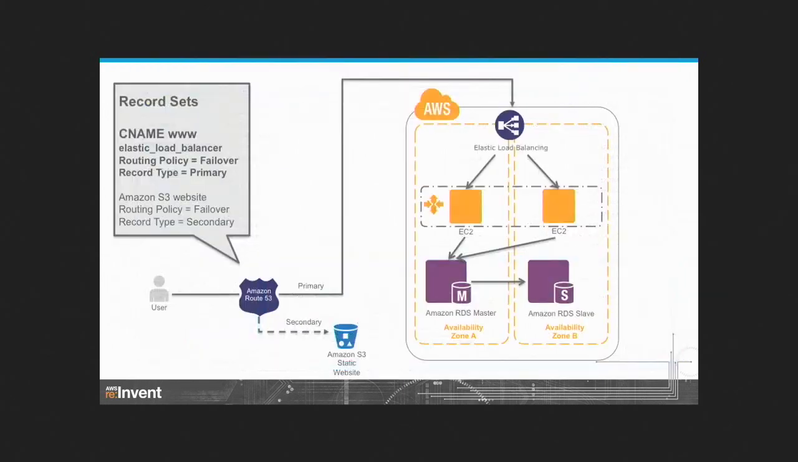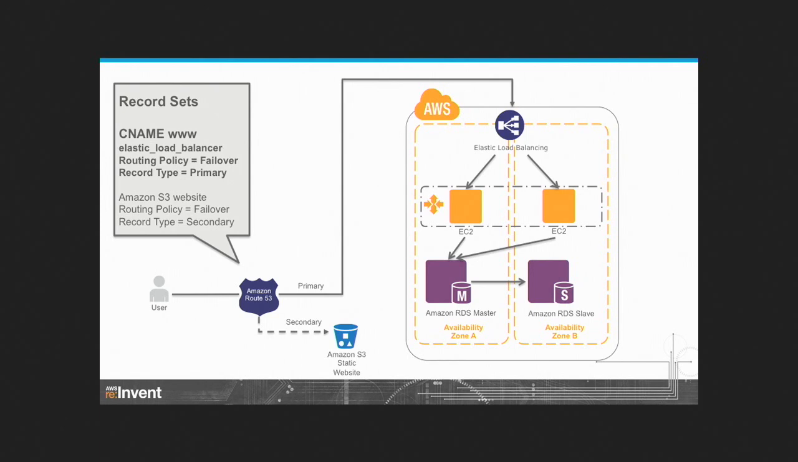And then we're going to create a DNS failover policy, which here I've got a CNAME record of www that's going to point to my Elastic Load Balancer. It's got a routing policy of failover routing, and it's got a record type of primary. So what Route 53 is going to do is always health check the load balancer, and as long as it gets responses, it's going to serve traffic to that load balancer. But if that health check fails, I've got a secondary policy in my failover routing